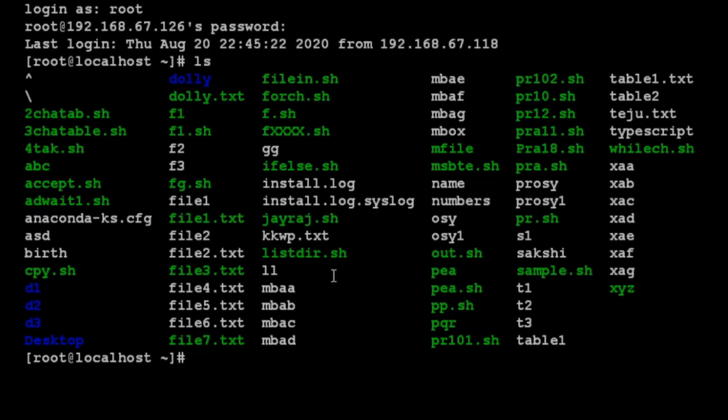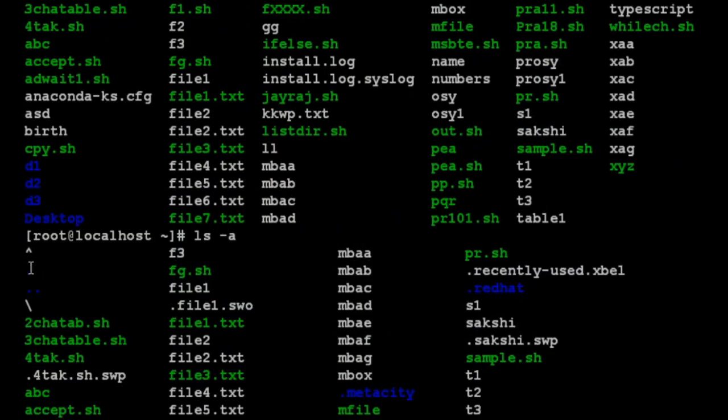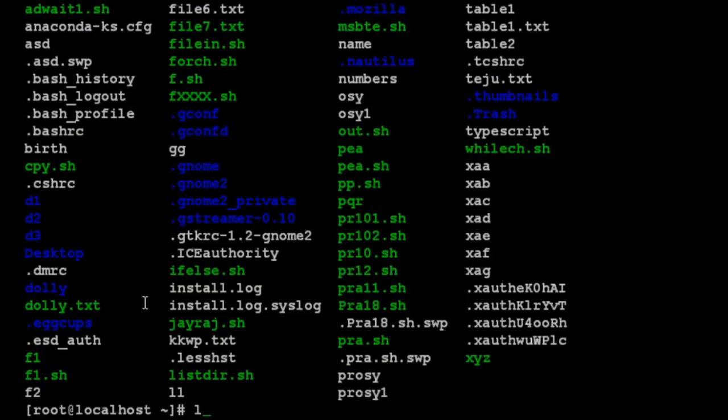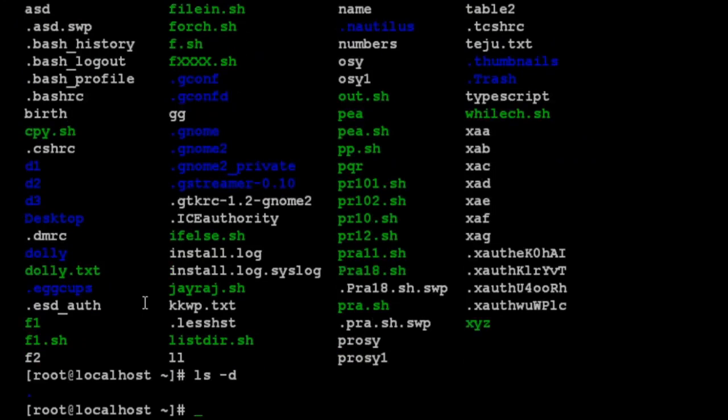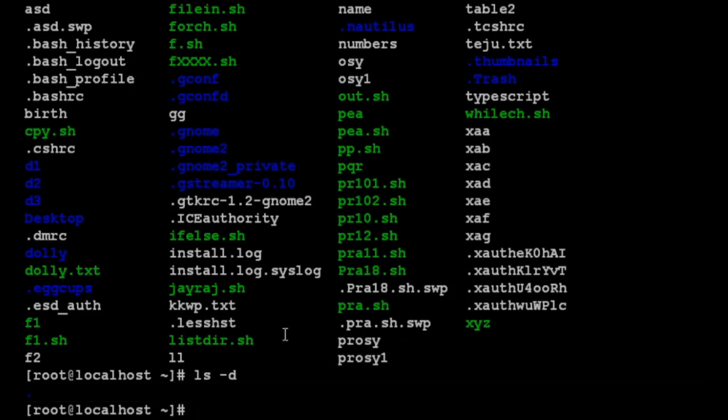This ls command has various options. Suppose if I use -a with the ls command, then it will show you the directories which include dot and dot dot. That means all the directories of this user, the root user, will be listed out here. Then the next option is ls -d, which is used to just list out one directory, that is dot. The next is